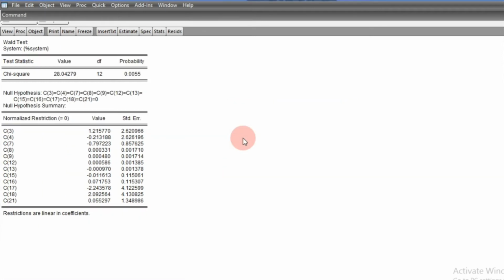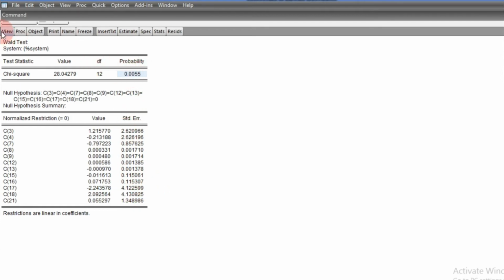So we want to conduct this test, and from what we have here, we see that this probability value is significant at 1%, which shows us that there are actually some coefficients that we cannot consider removing from this process.